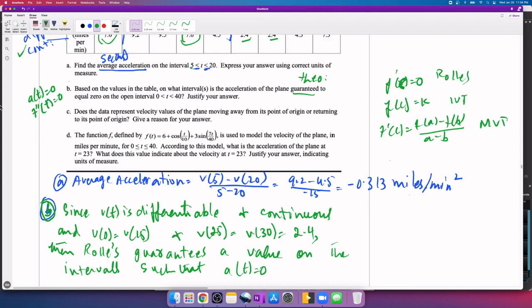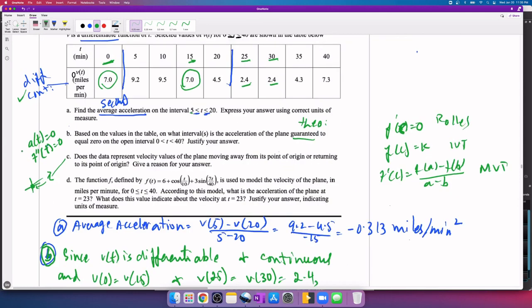So it's done. Part C said, does the data represent velocity values of the plane moving away from its point of origin or returning to its point of origin? So we already know point of origin means, for example, this is my point of origin. So they said, does the data that I have up there represent moving away from the origin, like I'm moving in this direction, increasing, or returning to its point of origin, going in this direction, decreasing? So we're gonna see where it's going,